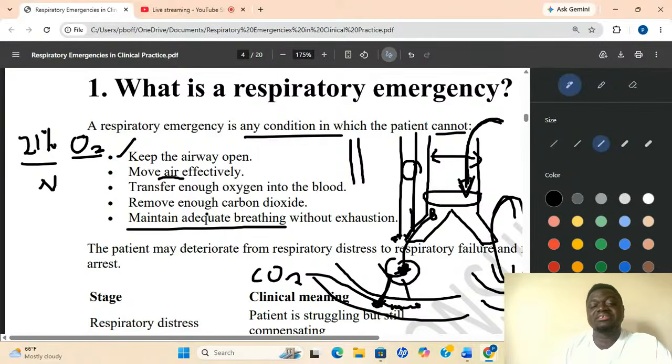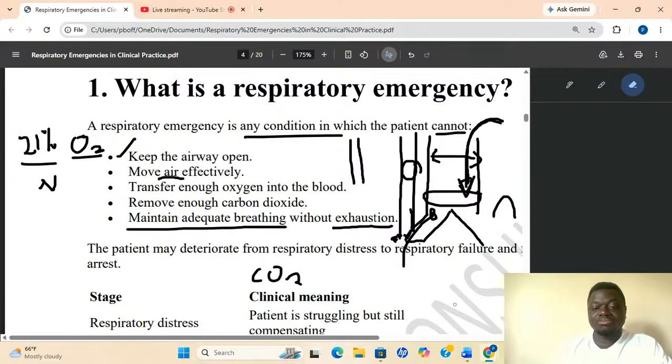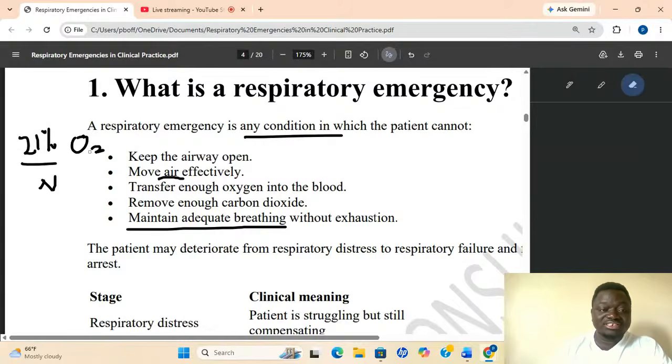So when it happens like that, some will be tired, and the respiratory muscles will give up. They can't help you. The bones will give up, the nerves will give up. So at that stage, you are saying what? You are exhausted. So this is when we say somebody has respiratory failure or respiratory emergency, ask yourself which part of the respiratory system is the emergency coming from.